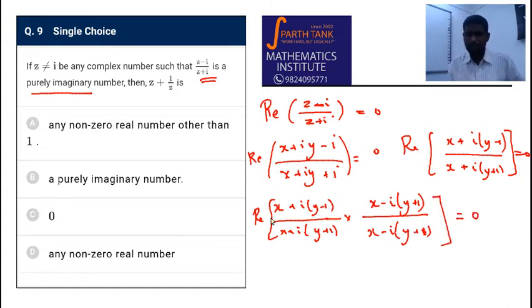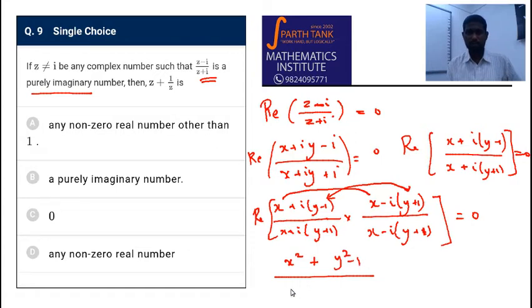This is 0. Now to find the real part, it is just the product of real parts here and the product of imaginary parts here with a minus, AC minus BD. I prefer using that rule. So if I need only the real part, not the whole multiplication, and I'm going to equate it to 0, the real part will be x into x squared, minus into minus is plus, (y minus 1) into (y plus 1) is y squared minus 1, divided by the denominator x squared plus (y plus 1) the whole squared. This implies x squared plus y squared is equal to 1, let us say.